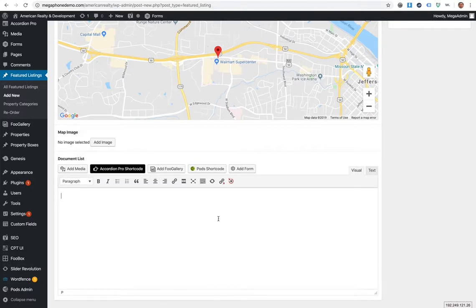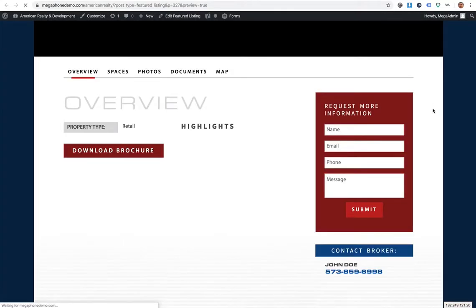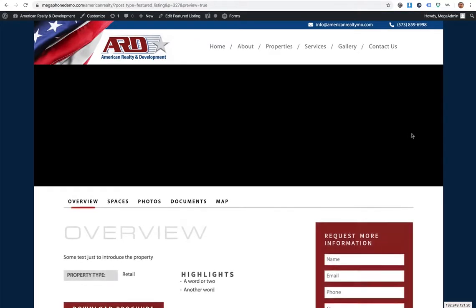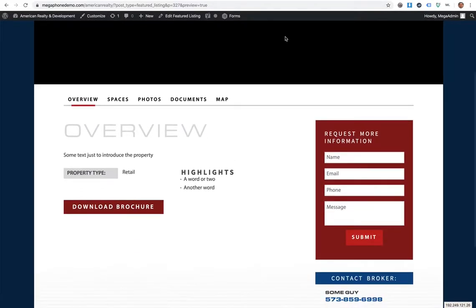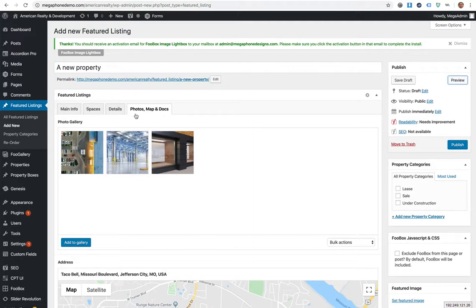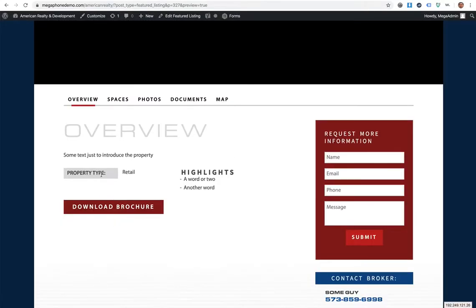Document list. Right now it's just what you see is what you get editor here, and then you can do it with bullet points like we did before, but you can type in whatever else you want to do in that spot as well. And then if we preview this, then it's looking mostly good, and I did not fill in most of those details though, and I need to make sure all those are set up to be if you don't enter anything, it doesn't show up in that spot. But looks like we have a mistake on the property type one. All the other ones are set that way,